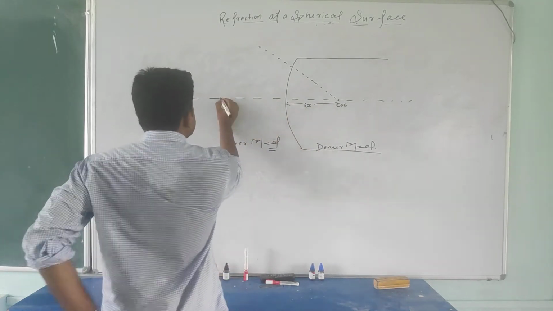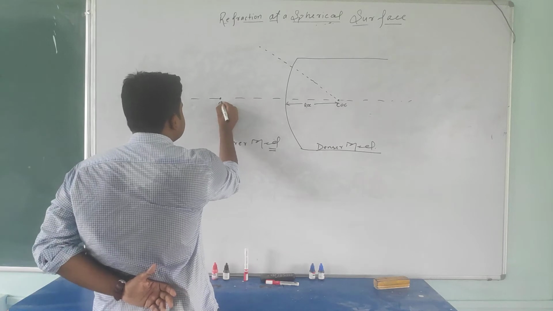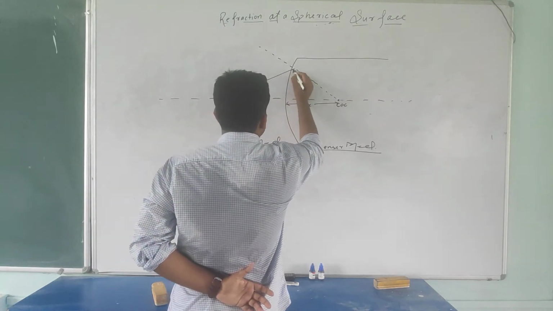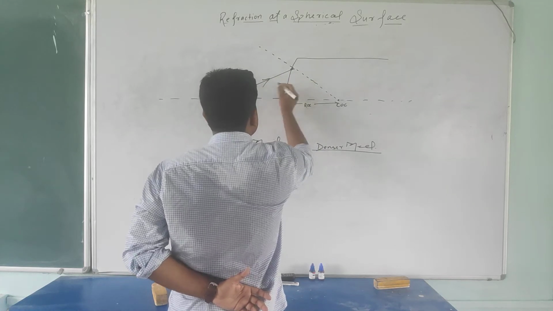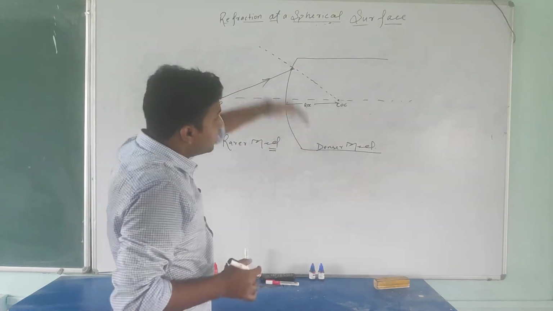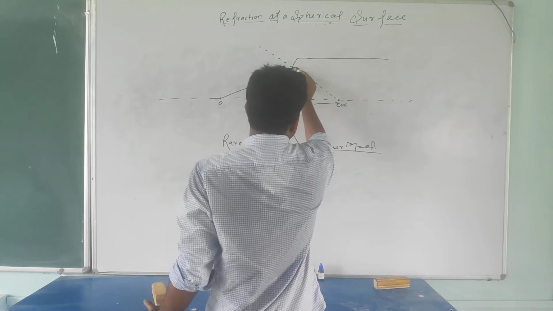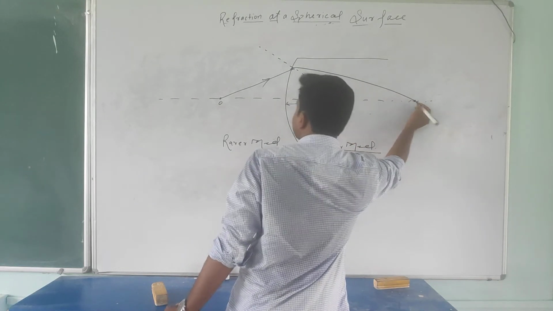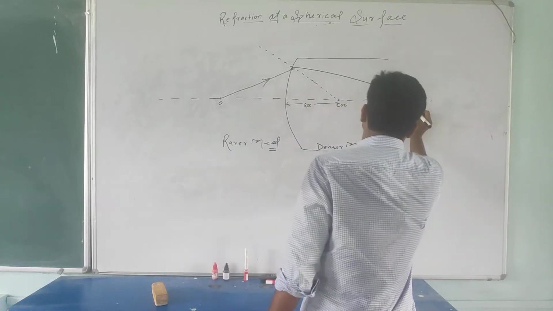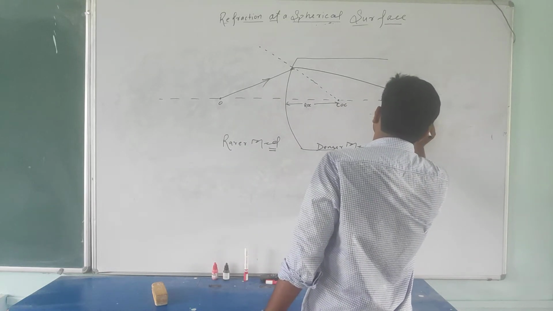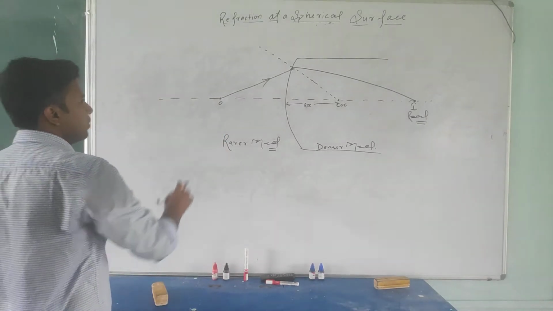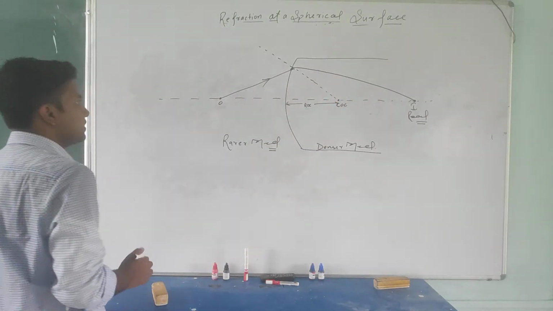Okay, now I am placing our object at this point where the image will form. Look at this. If a ray is falling at this point, what will happen? It will tilt towards the normal. If it tilts towards the normal, I am assuming a real image is forming. I am considering a case where a real image is forming. This one is the real image case, and here it's our object O. Image is forming at this point.